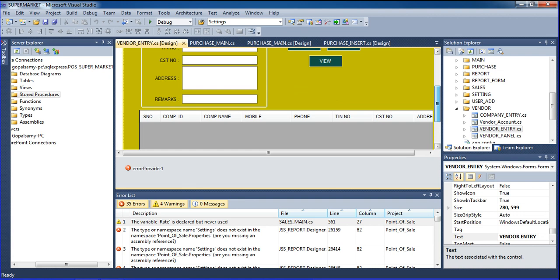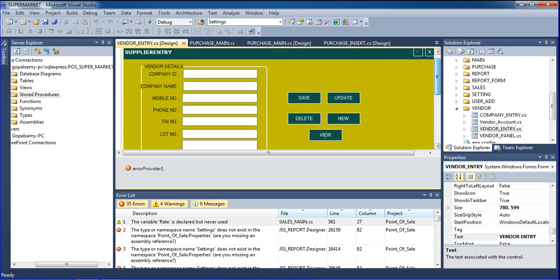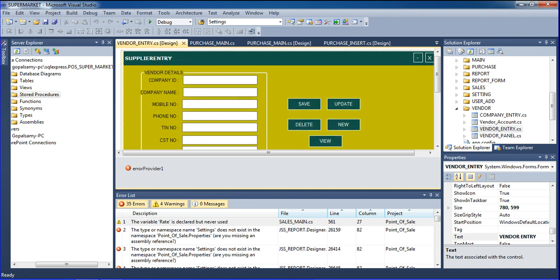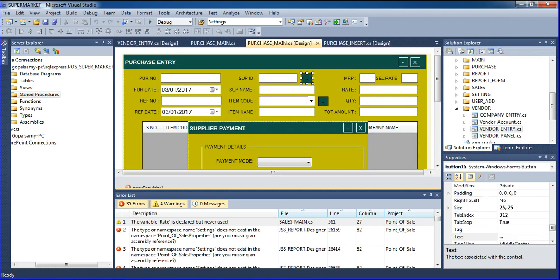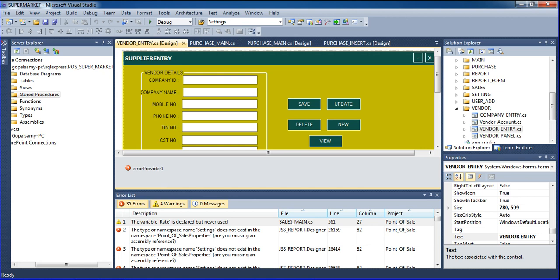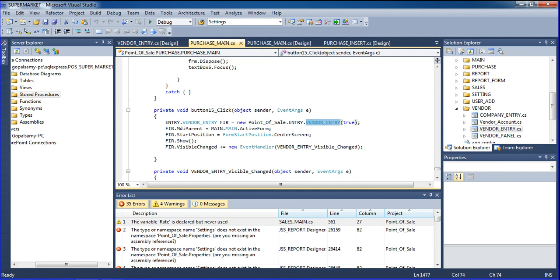This form opens automatically whenever I click this button, because at that time I need the vendor entry. For that purpose I use this vendor entry form name and declare this code event. See, simply this is one of the form open codes. So this is the main form, and declare this one.